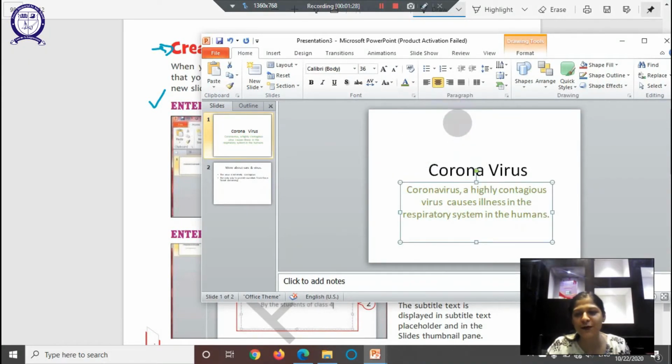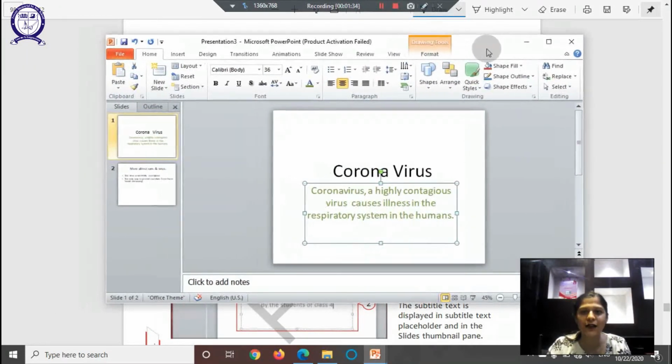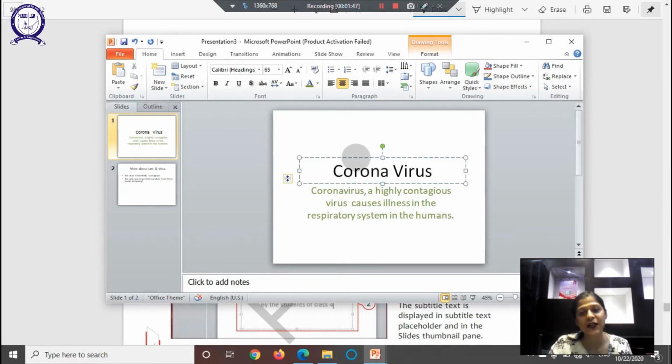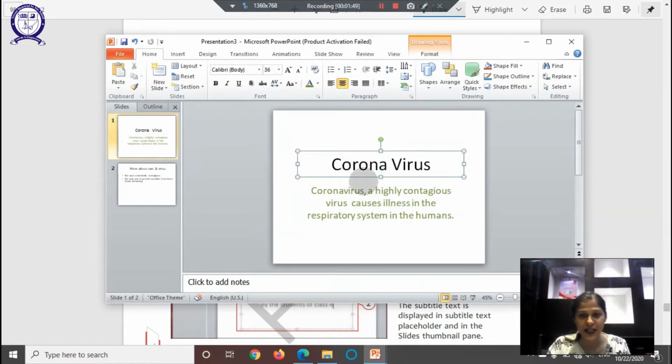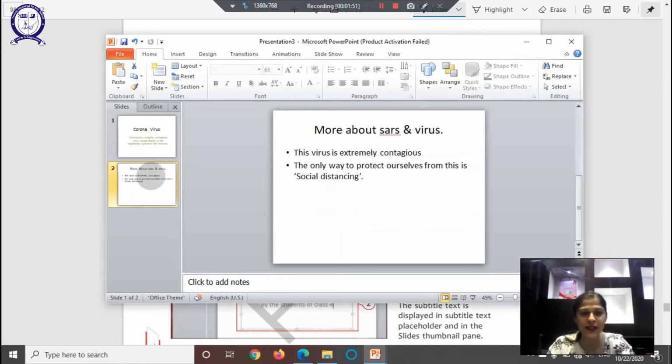And if you remember very clearly in the last chapter, this document quite looks like our Word menu as well. Mostly all of the things like font ribbon, paragraph ribbon, they're mostly very similar to what we have in Microsoft Word, right? So once we have done this, let's go back to the next slide.